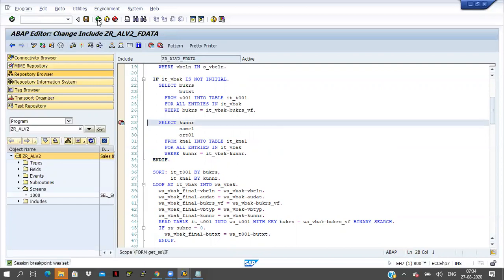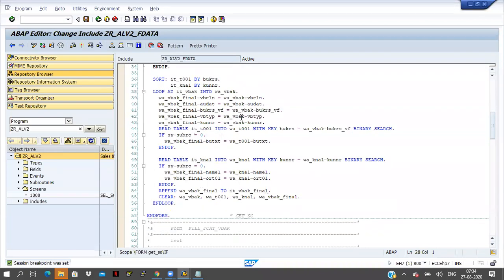Why it is not coming? I will check it. Sir, here, KUNAG equal to work area KNA1. You mentioned that, sir. Read table KNA1. Yes, here. Okay. Thank you. VBAK, KUNAG. Yes. Okay.